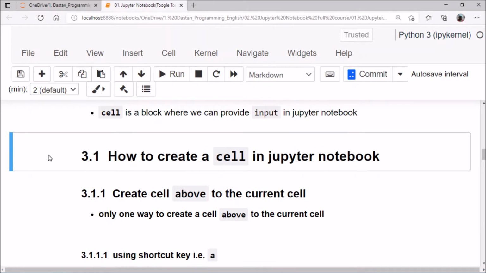In this tutorial you will know how to create a cell. We can create a cell in two ways. The first is creating a cell above the current cell.